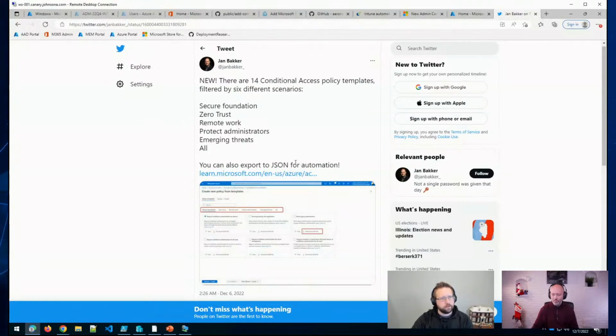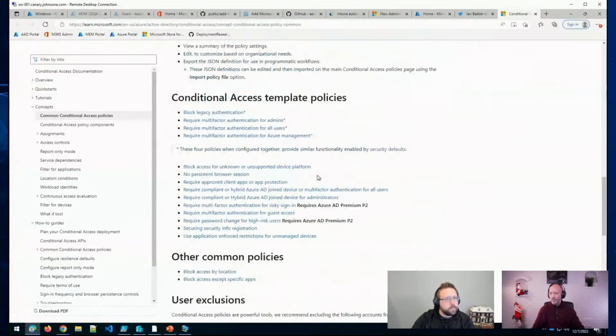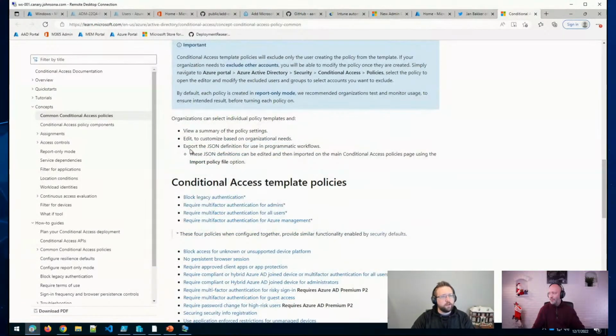that I saw yesterday, I think, that there are 4 conditional access policy templates now available in Azure AD, and you can filter them by several different scenarios here. But what's really cool about that is you can export the JSON for these templates. And if we click on the direct link to the documentation, there it is. Not only can we export it, we can then make adjustments within the JSON file and import them directly in the conditional access page